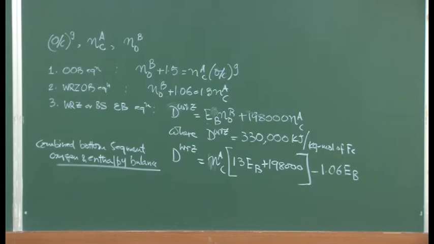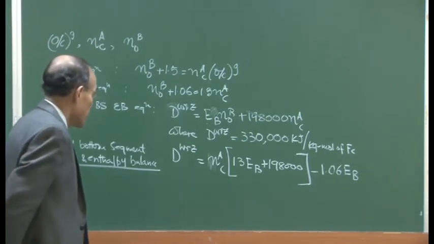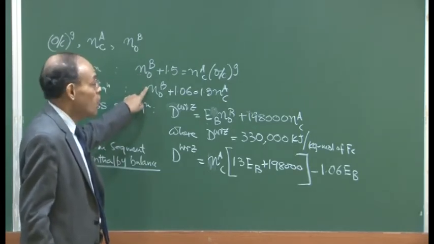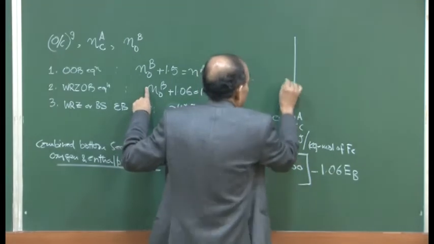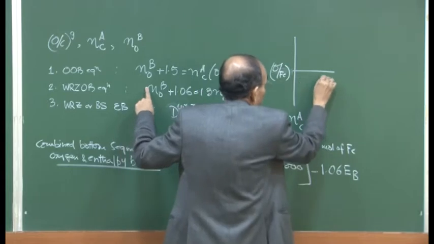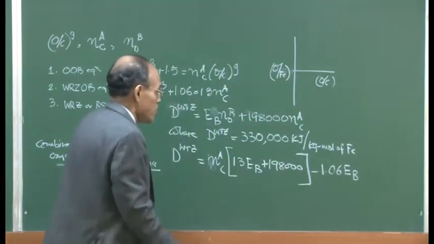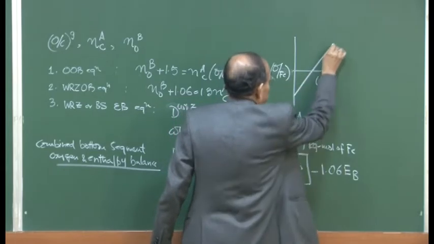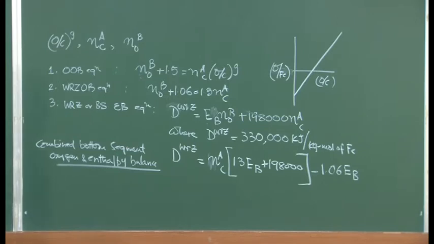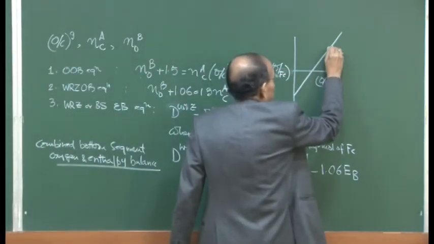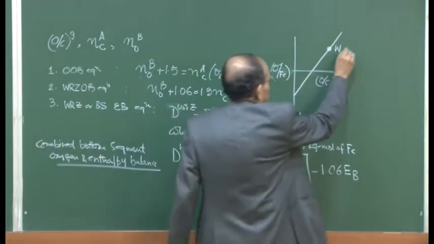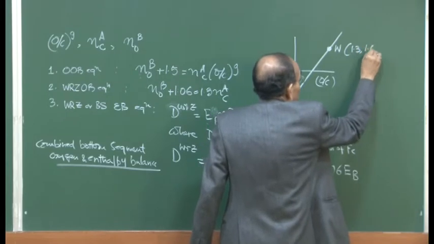Because I had indicated during my last lecture that we have represented these two equations in an O by C plot, if you remember, O by Fe on this, and this is O by C. So, that is a plot that we have generated and I have drawn with regard to these two equations, and I have also indicated that the W essentially represents a point where O by C is equal to 1.3, and this is